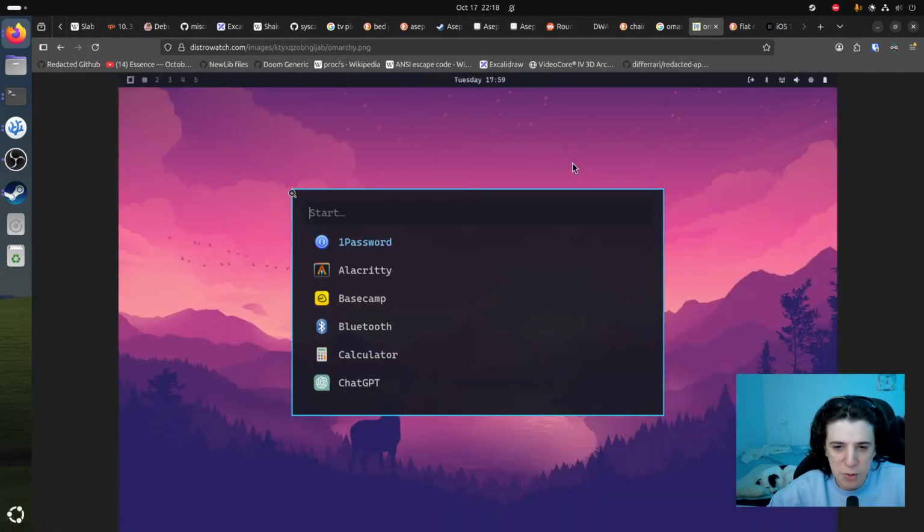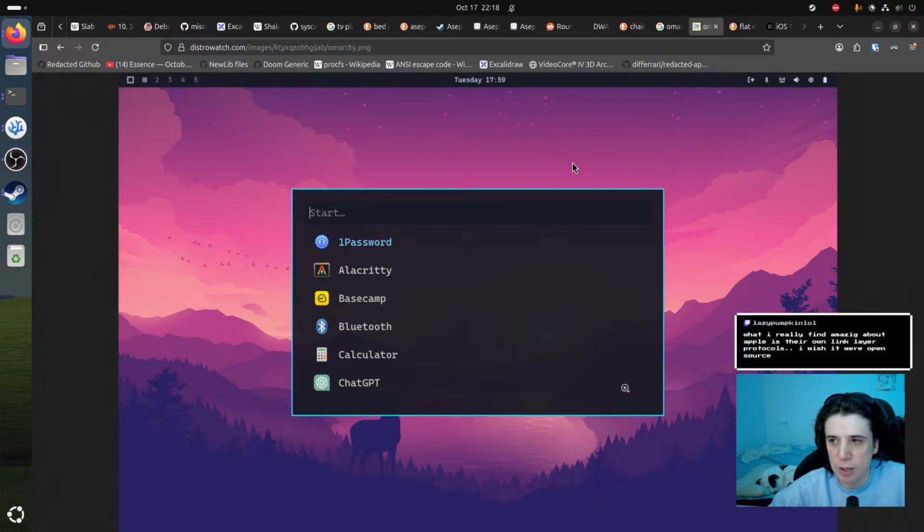For Omarchy, what I'm seeing here is I'm not really perceiving the depth difference between the screen that's currently here and the desktop below it. So I find that it's not